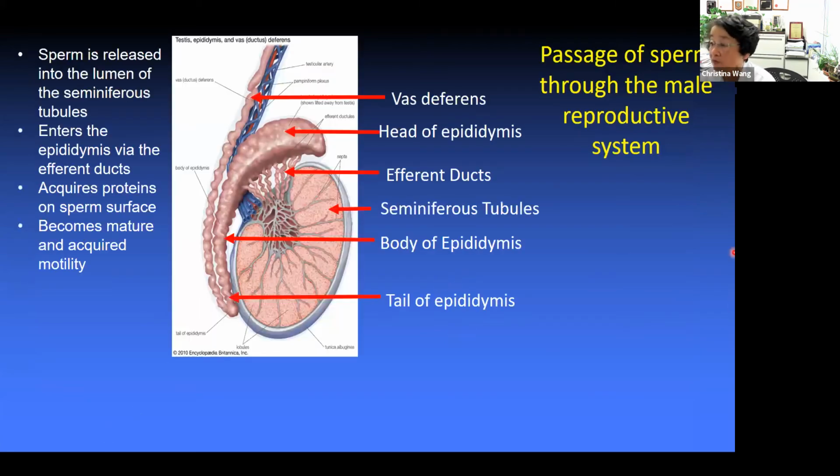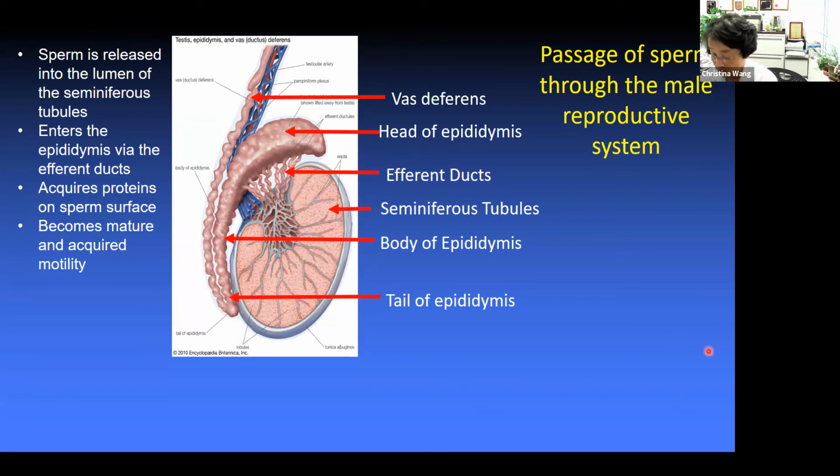So the sperm then goes through the reproductive system. They are released into the lumen. It goes through tiny tubes called efferent ducts. Then it goes through the epididymis. It's really important that they go through the epididymis because it acquires protein on the sperm surface, and after the sperm passes through the epididymis, they are motile. When they come from the testes, they are not motile, but afterwards, when they come out from the epididymis,